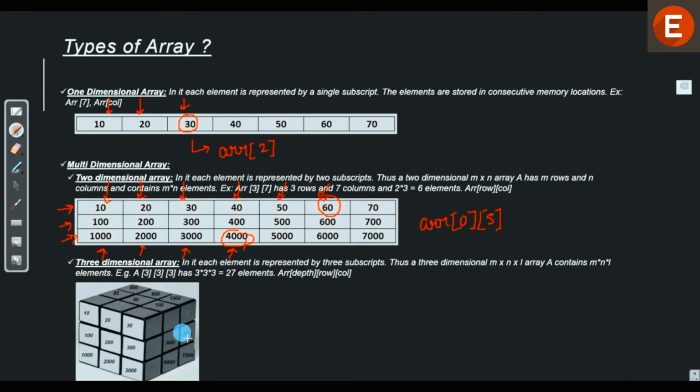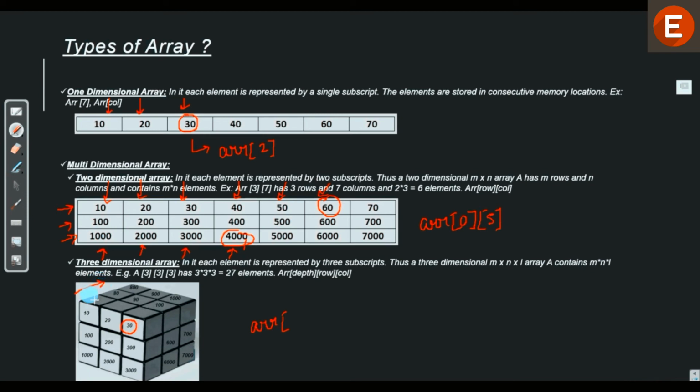Now let's say we want to find out the cell number of this guy over here in a 3-dimensional array. We first put ARR, which is the name of the array, and then we see the depth of it. What do we mean by the depth of an array? The depth is nothing but the axis going in this direction.